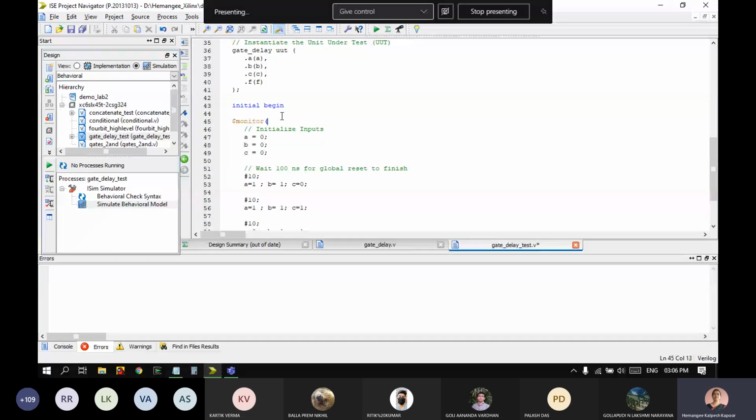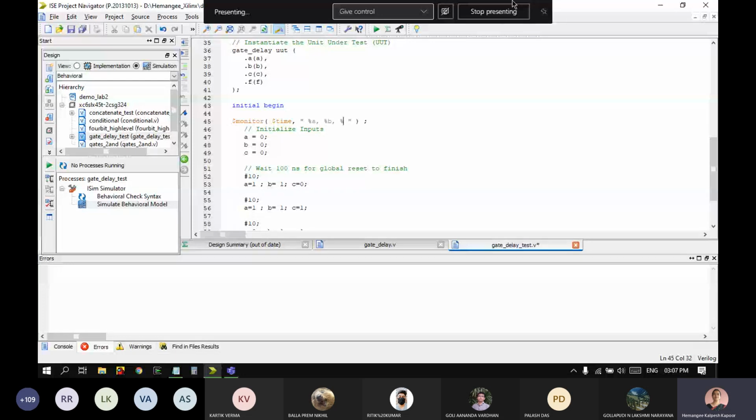So I'm writing $time, which will print the current time instance, and then a set of variables which I want to read. So I want to see the value of A, B, C and F. A equal to %b, binary value.